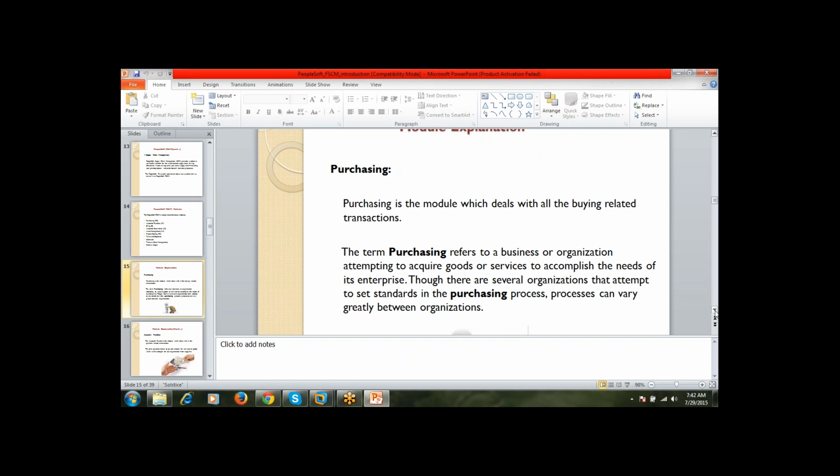That functionality we'll discuss when we cover the purchasing transactions in detail. Purchase order is a document between you and your vendor that consists of the information on what you are ordering.